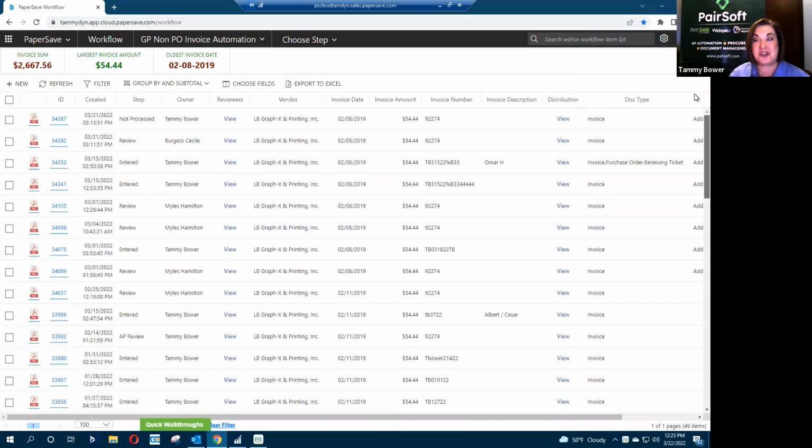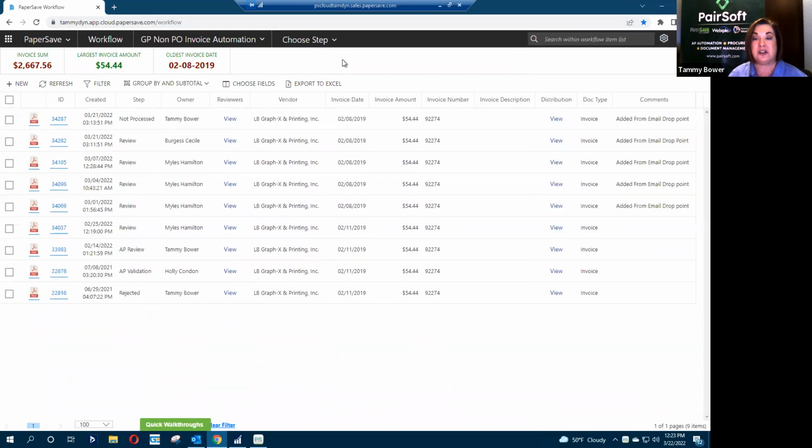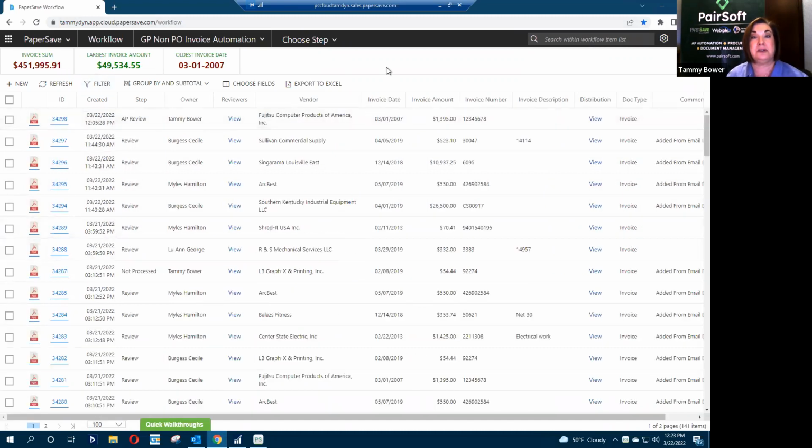This is a great tool if you're also looking for things that are coming due, right? So I want to hide all of my entered. I only want to look at the active things. I can filter by date and see things that need to be approved right away, right? So this workflow with that OCR, that optical character recognition, pulling all of this information in, is going to give you immediate access to where these documents are for those inquiries that come in.